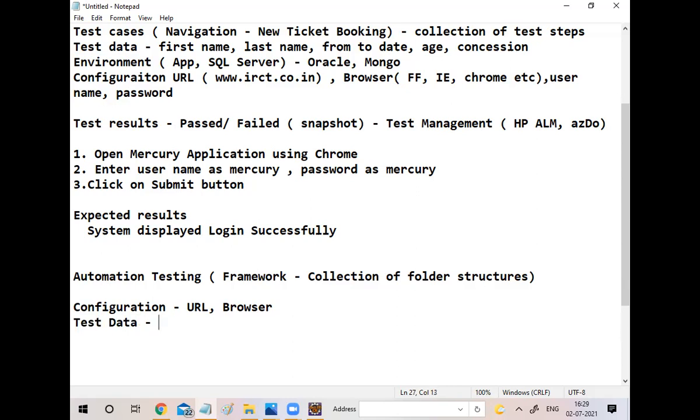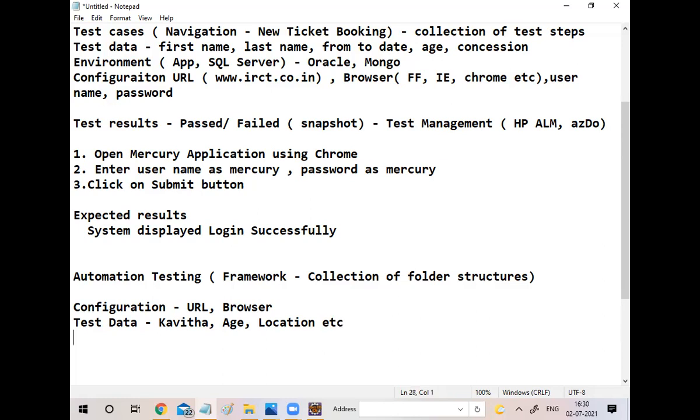Test data is, for example, your first name, last name, age, gender, location. All these are your test data.